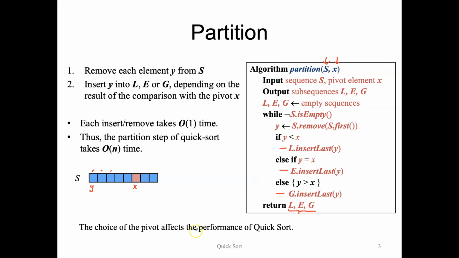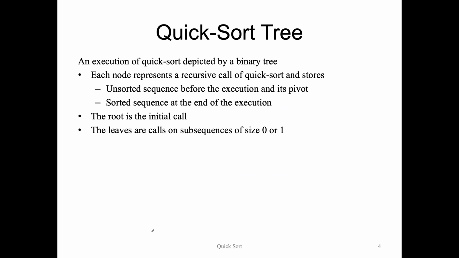Now, I mentioned already that the choice of our pivot is going to affect the performance of our quicksort. But before we get into exactly how that's the case, let's see an example first of quicksort where we just pick the last element as the pivot each time. So we're going to show how quicksort works, just like we did with merge sort, and we're going to do that by illustrating the execution using